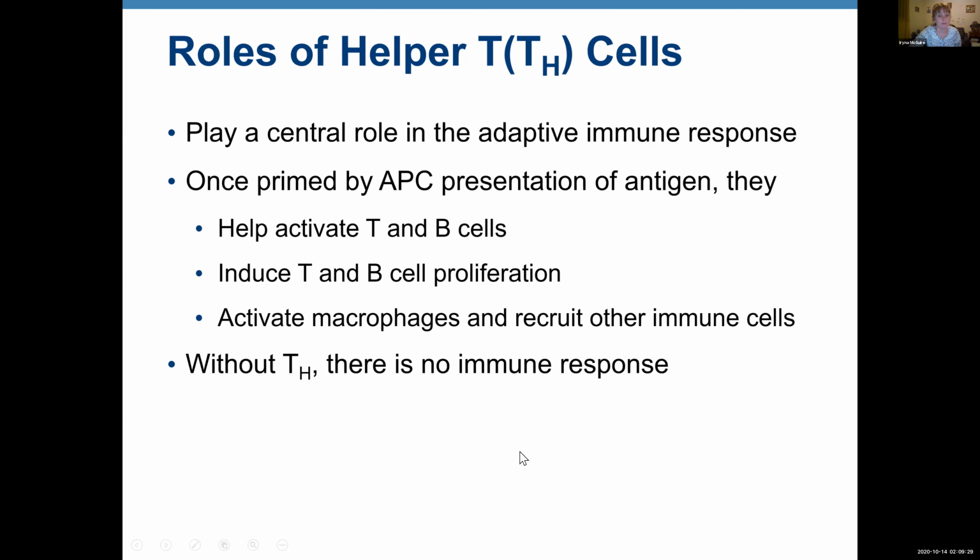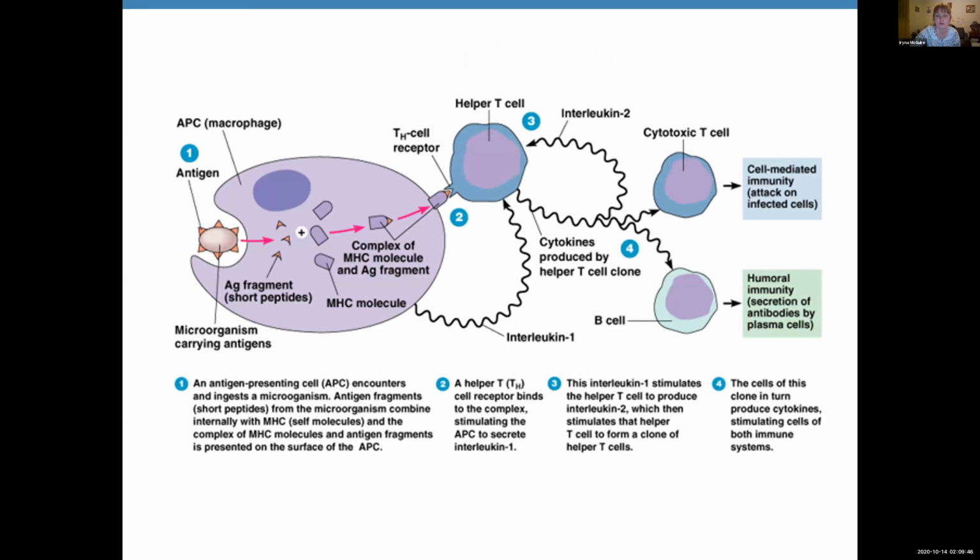Okay, now the role of helper T cells. Without helper T cells, there is no immune response. Actually, the helper T cells are what bind together humoral and cell-mediated immunity. So let's look over here. So when